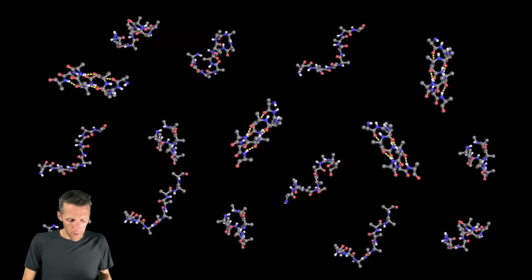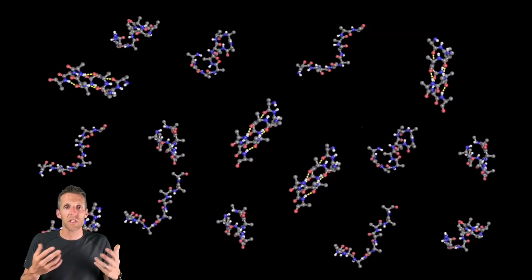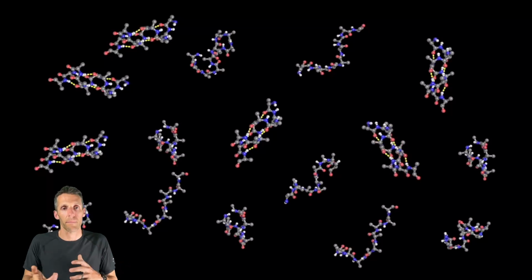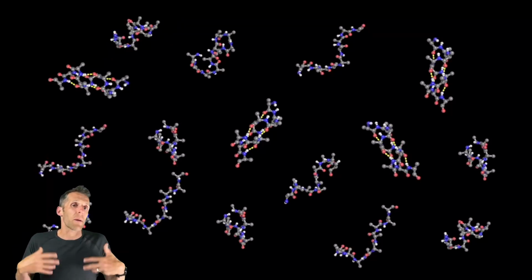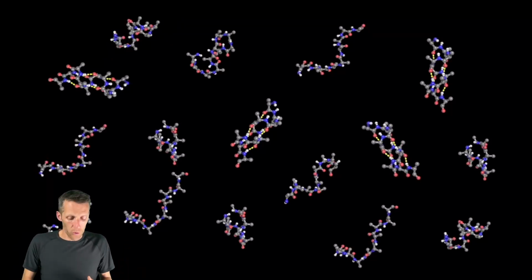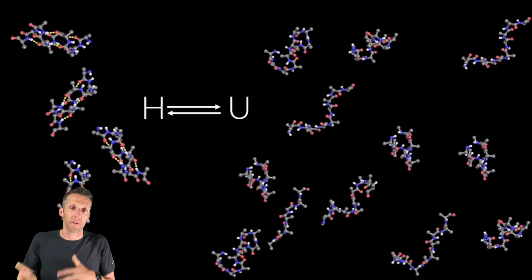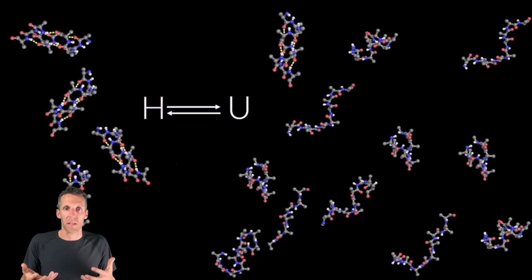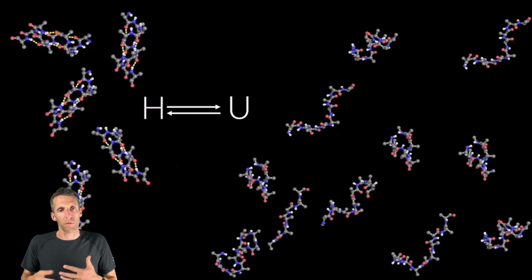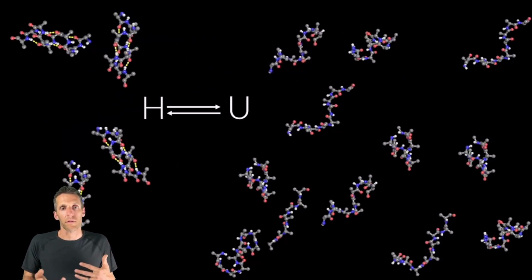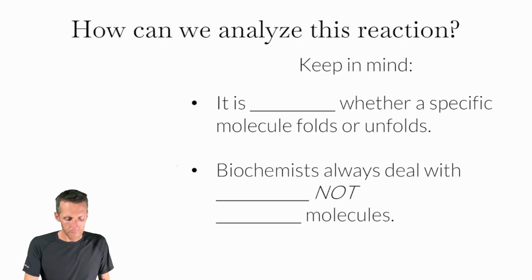If we advance time just a little bit, we'd start seeing transitions between different states. Some of the helices that are folded are unfolding, some of the ones that are unfolded are folding, etc. This process is happening just continuously. For organizational purposes, we mentally slide these onto two sides of a reaction. We've got the helix side and we've got the unfolded side. And then we imagine the reaction is continuing to occur. So this helix folds, and now in our bookkeeping, we have to move it over to the helix side from the unfolded side. This helical molecule unfolds and moves to the unfolded side. So that's the process that's happening.